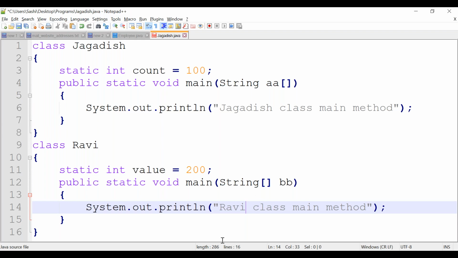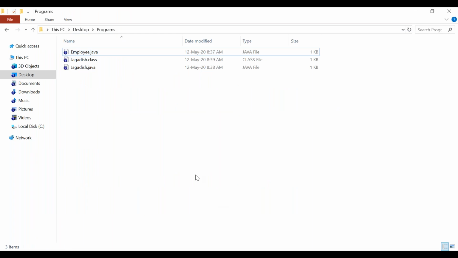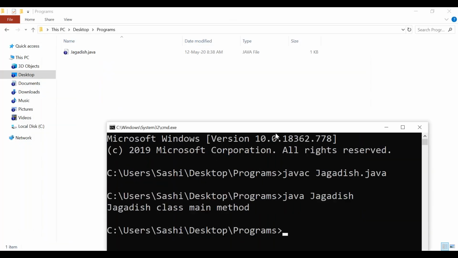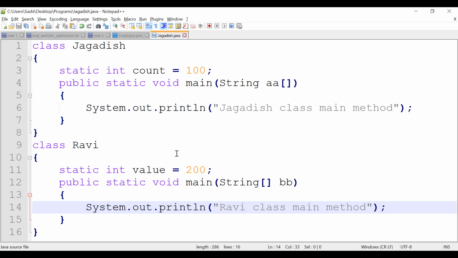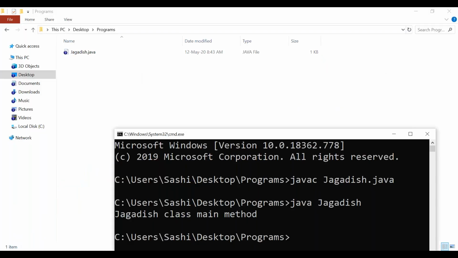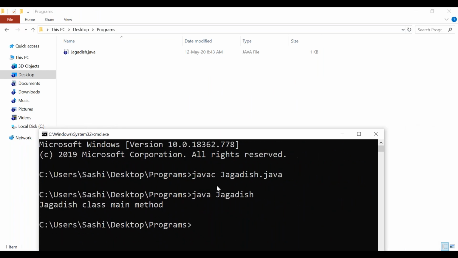So let me delete all the files. Observe very carefully what happens when we are compiling it. Let me save this program. Now only one .java file is there, right? We are trying to compile. Listen very carefully what happens when you are compiling.